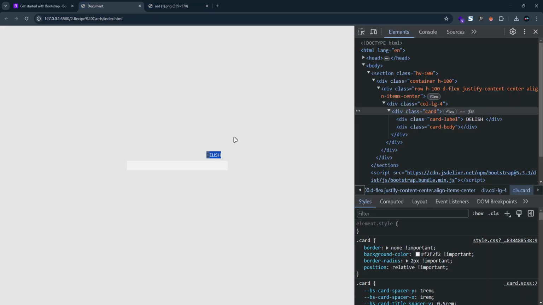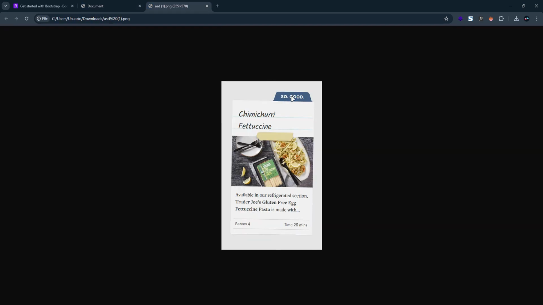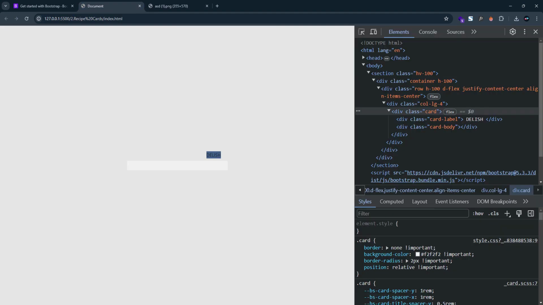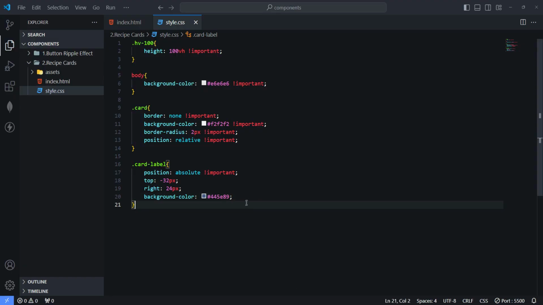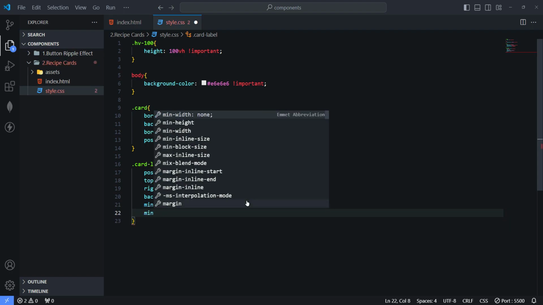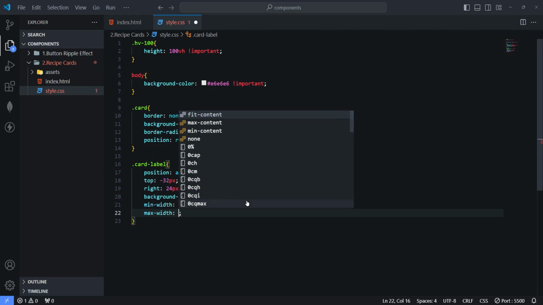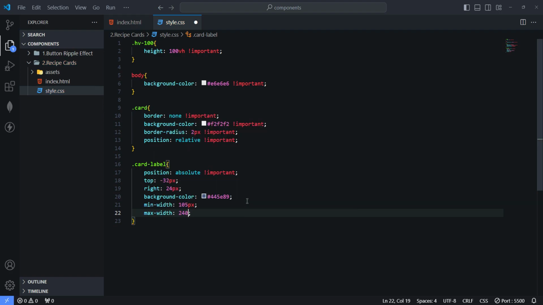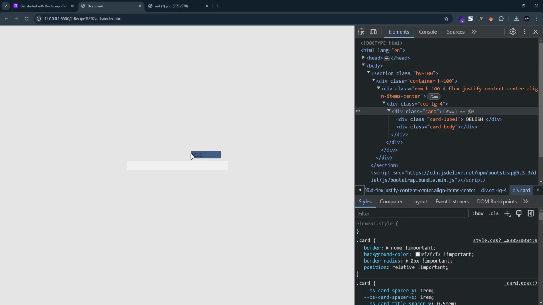Now we move on to giving it dimensions. How is it here? We see it's rectangular. So for this, we go again to the rule and we set it to have a minimum width. We put the min width property to about 100 pixels. I'm going to set it to 105 pixels approximately. Sorry, let's set a maximum width, a max width instead, and it should have a maximum of 240 pixels. I'm going to save the changes, check the project, and as you can see, we have increased the length of